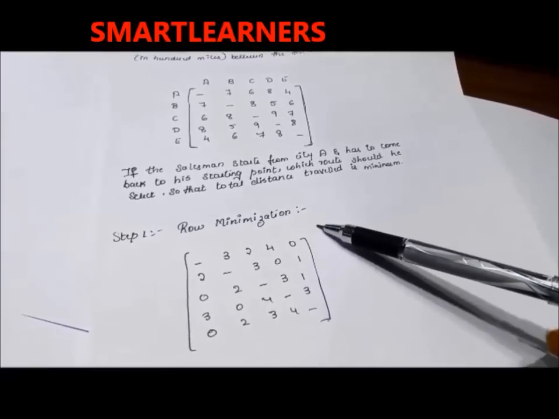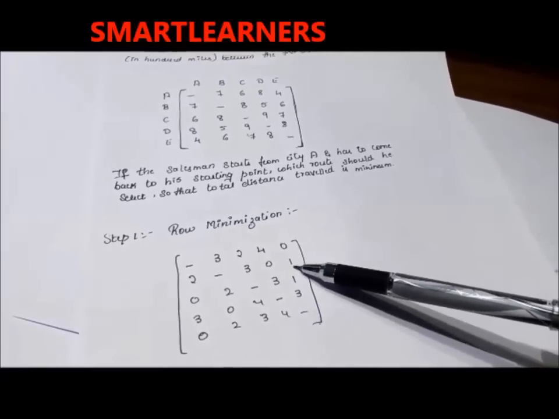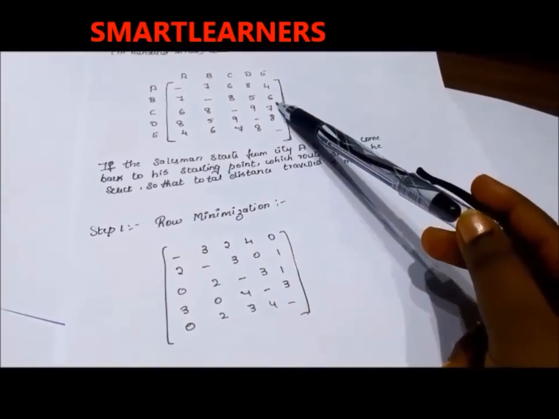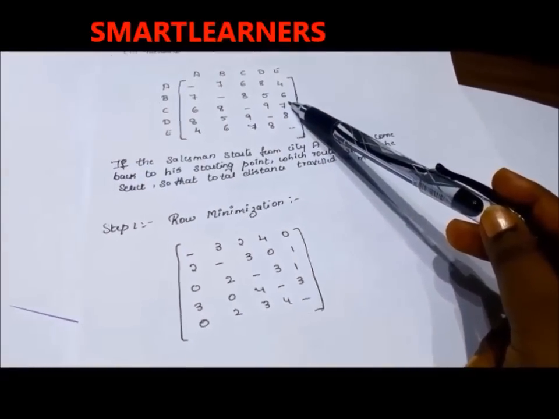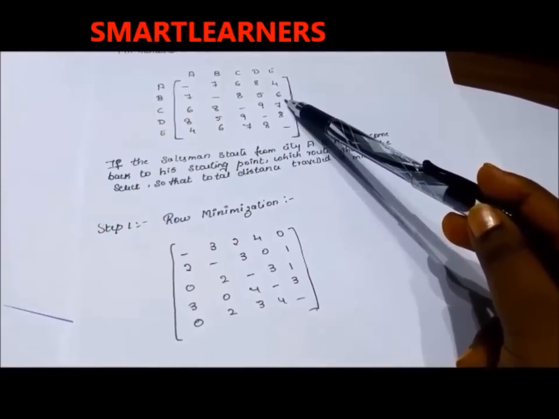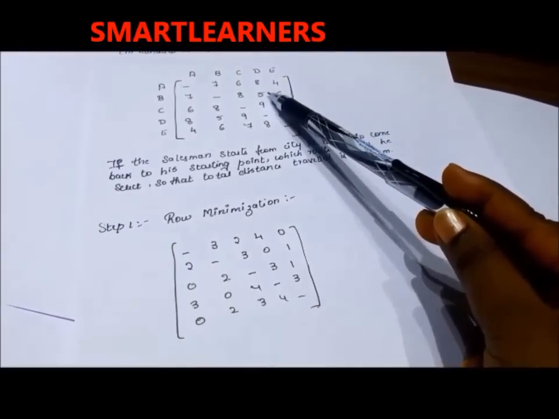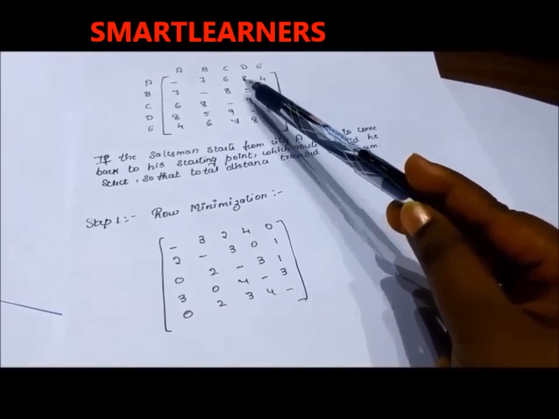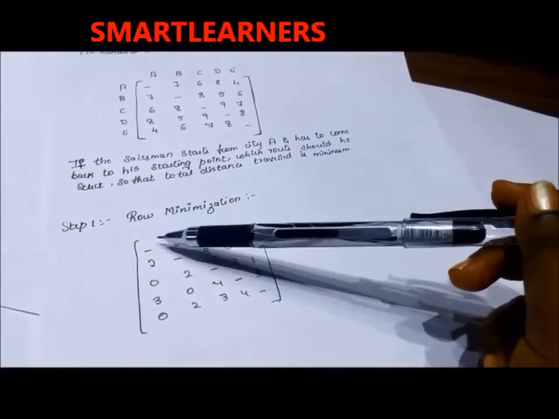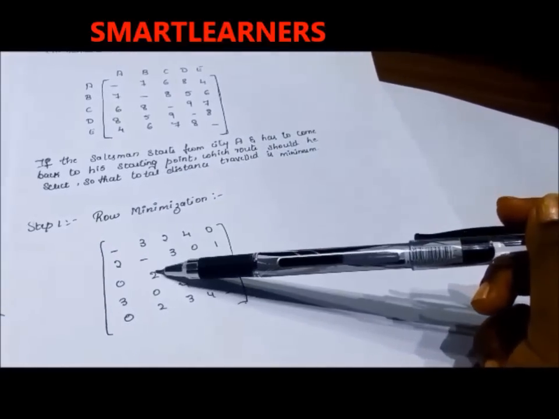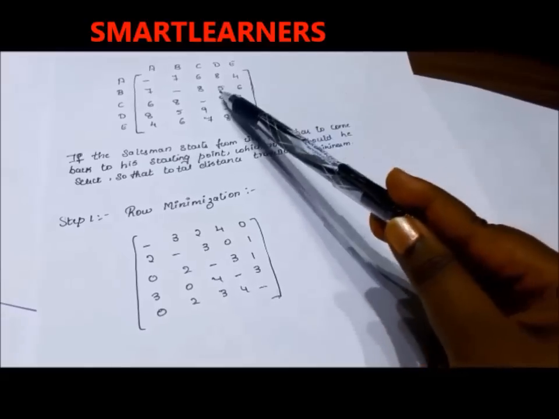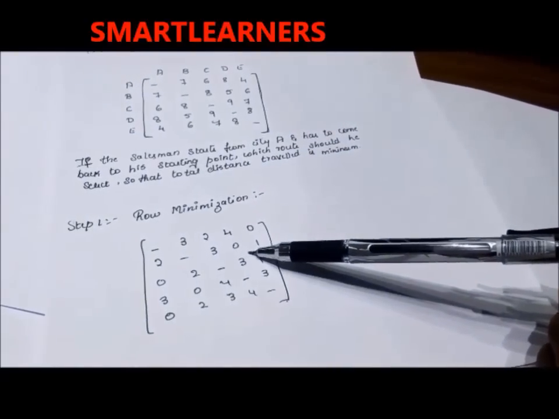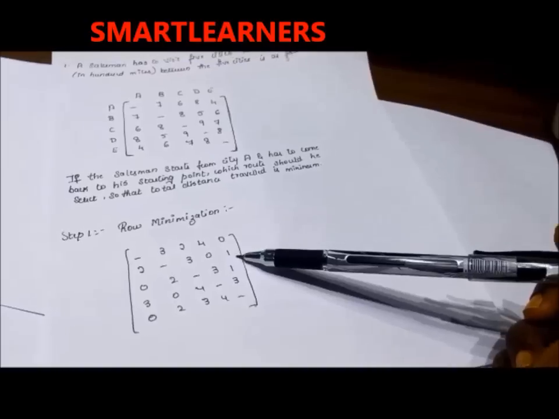What have we done? I have already explained for the first row. I am going to explain for the second row as well. In the second row, we consider the least element. Which is the least element? Among 7, 8, 5, 6, 5 is the least element. So we subtract 5 from every other element present in that row. 7 minus 5 gives us 2. Dash, you retain as it is. 8 minus 5 gives us 3. And 5 minus 5 is 0. And 6 minus 5 is 1.